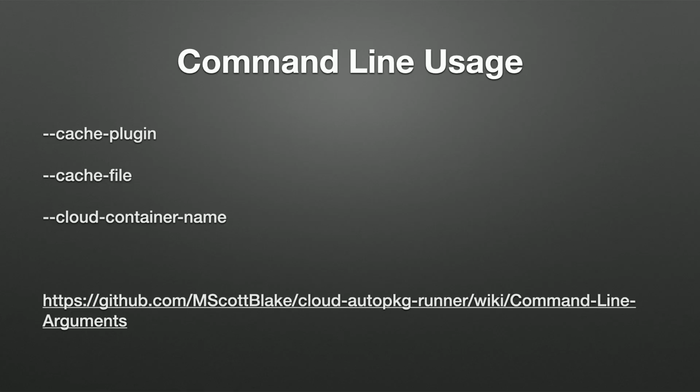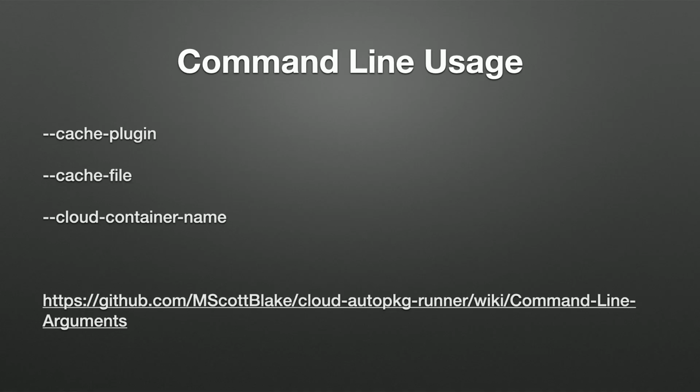These are a couple more command line arguments. These 3 are going to be fairly common. Again, they're not required. The cache plugin is where you define things like JSON, SQLite, Azure, S3, Google. This is where you configure it to use that mechanism for storing that metadata. These aren't all of the parameters. Everything else is listed in that wiki that is linked above.